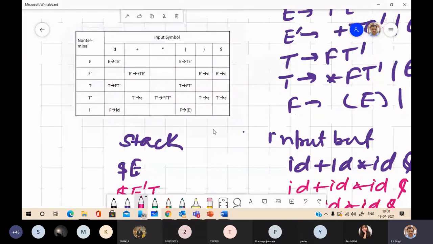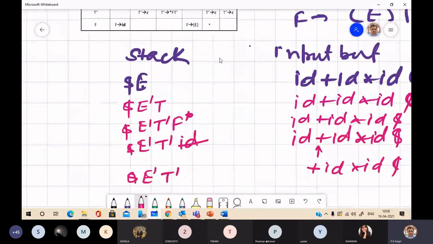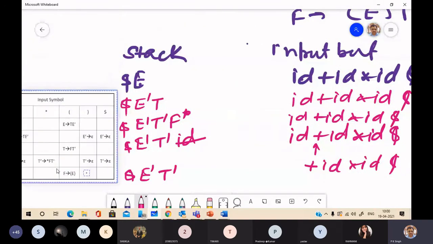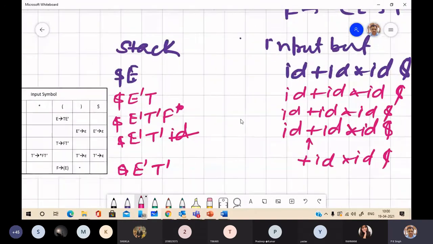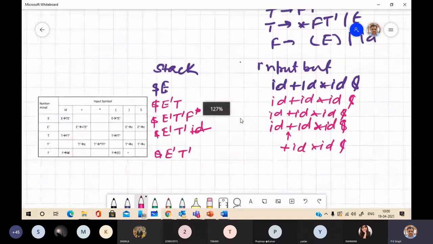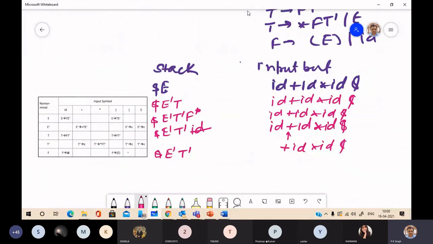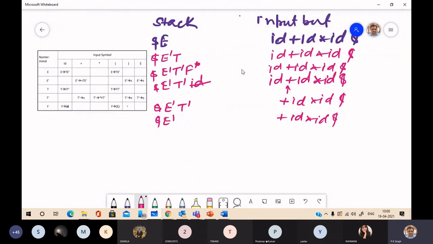So T dash epsilon, you will get $ E dash here plus ID asterisk ID and $. Next, E dash and plus. You have this production, so you have to pop out E dash and push in the right side of the production, that is plus T dash, keeping plus on top. So you will get